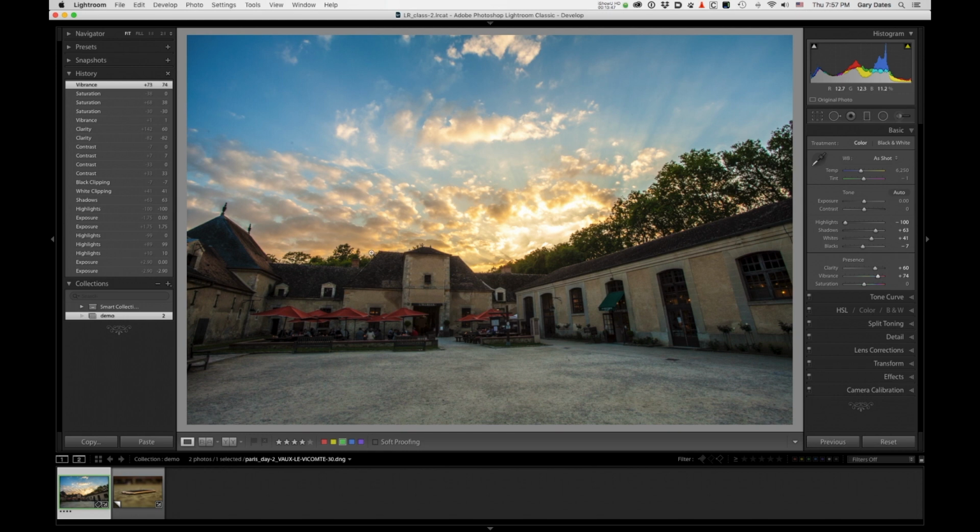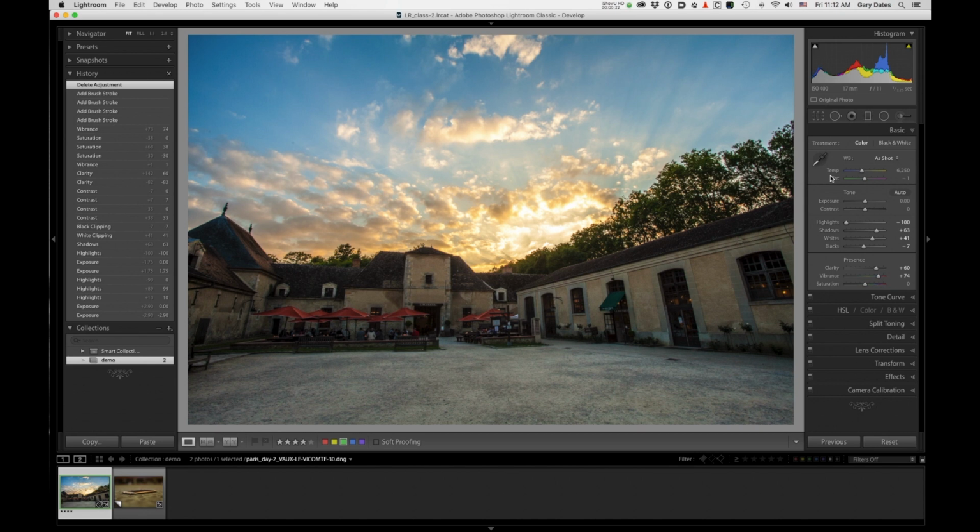The blues are more intense, but not overly so. So vibrance, once again, will take more muted colors in a photo and give them more intensity. So it's very useful. All right, so that's it for the basic panel. We're pretty much done, but at this juncture, I want to show you guys a very cool new feature in